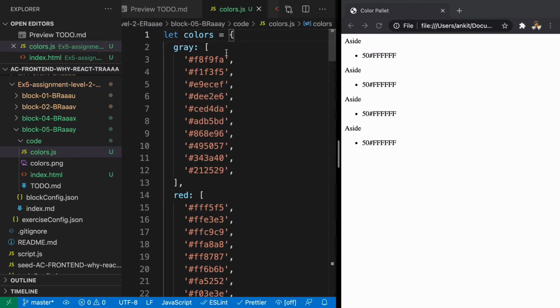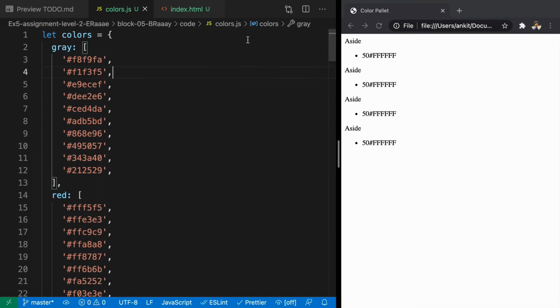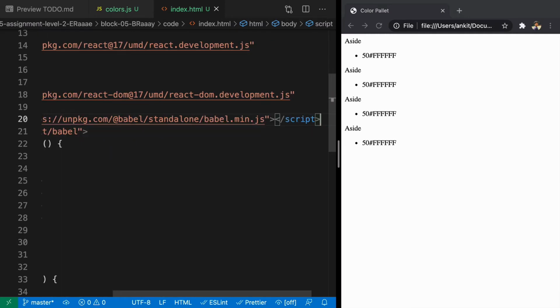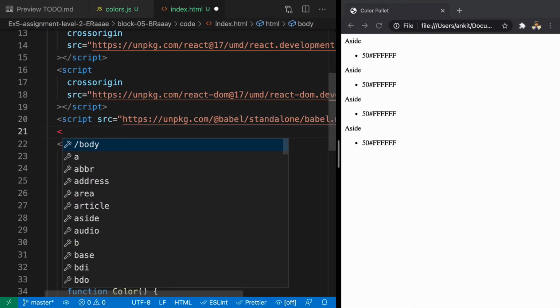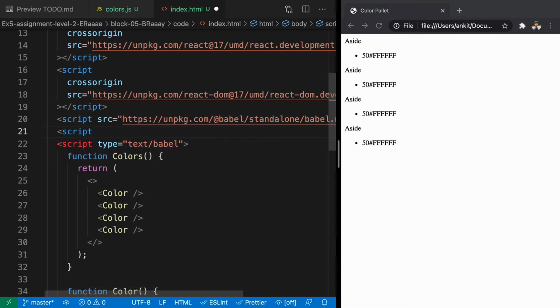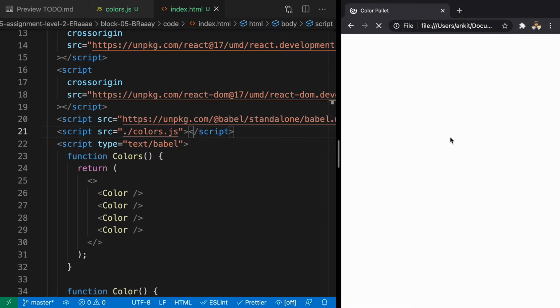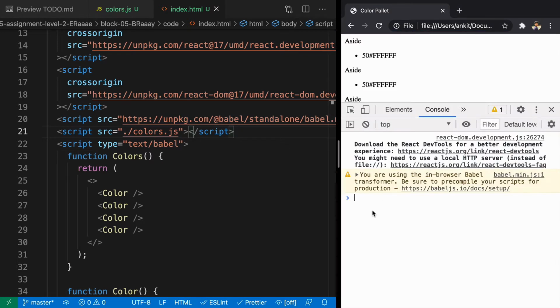So we'll say let colors is going to be this object. And now to use it, we can just include that file here before our script. So we'll say script src is going to come from /colors.js, and we'll close that. Now when you refresh it here and open your console, you will get access to colors, right? So this is how you can get access to these things.